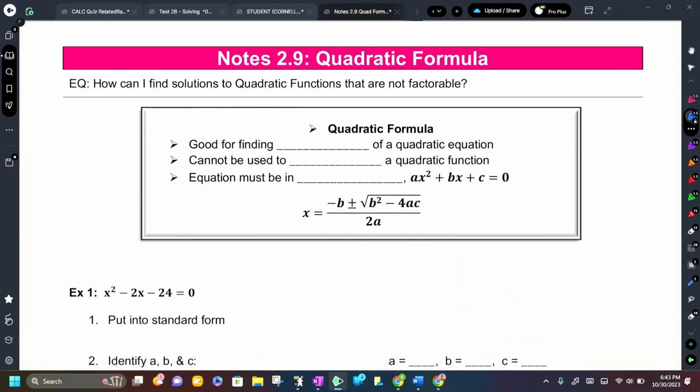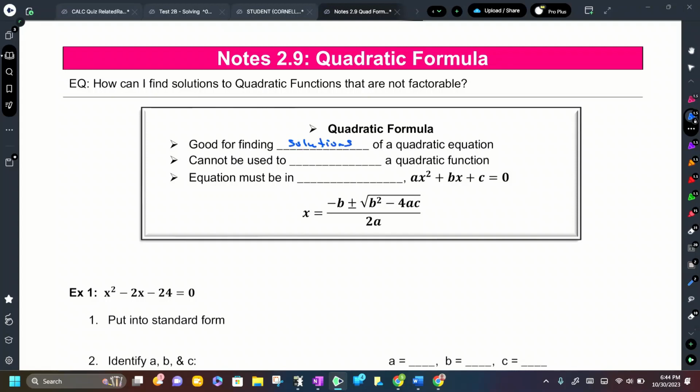So everything that we've been doing has all been centered around doing one thing, finding solutions. And remember, when we have solutions, we're finding where our graph crosses the x-axis. We're finding zeros, intercepts, that's what we're looking for. And the thing about the quadratic formula is it's really good for finding things that are not factorable. So it's good for finding the solutions,